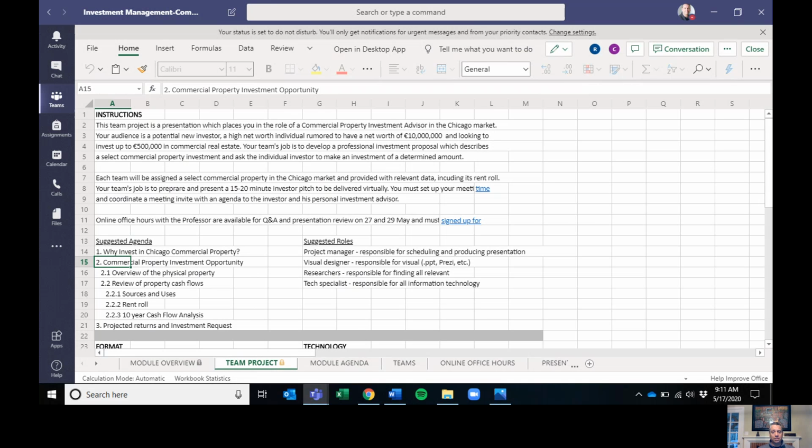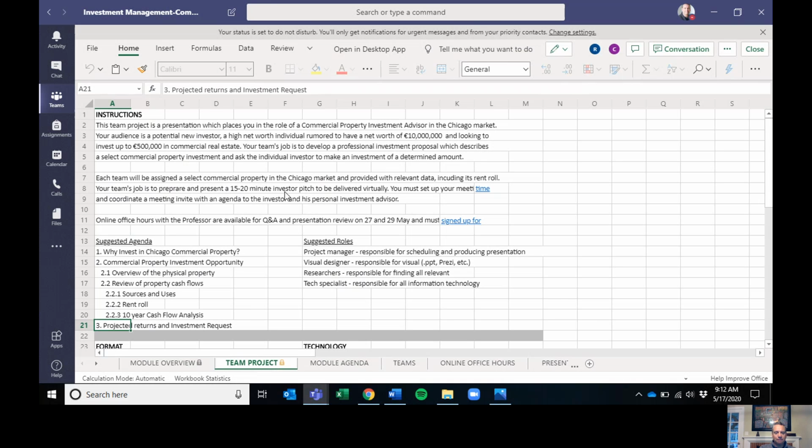First thing you're going to want to do is describe the physical property, its layout, its features, its opportunities, its needs. But then you want to really focus your attention on saying, here is the way that this property will yield returns via its cash flows. Here's the way that we will fund the deal. Here are the revenues associated with it. When we pair it with expenses, then we can demonstrate to the investor how, for a given investment amount, they can be projected to earn their returns.